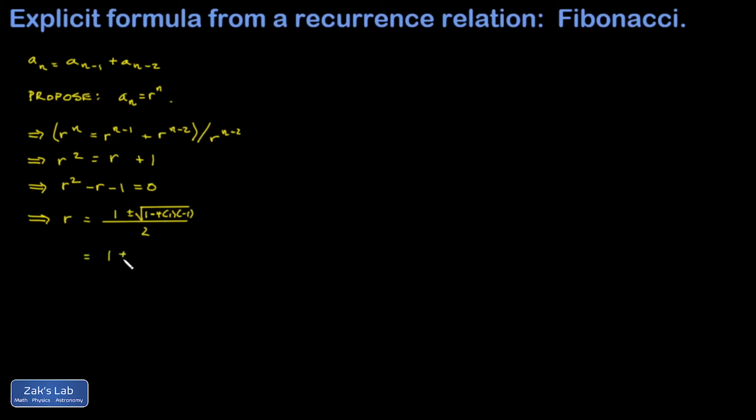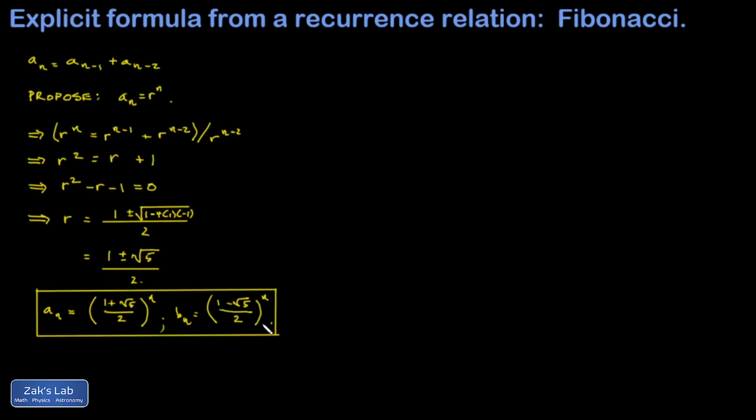And I end up with something that looks very familiar. Inside that square root, I have 1 plus 4, that's 5. So I have 1 plus or minus root 5, all divided by 2. In other words, there's two different values of r that would satisfy this recurrence relation. And that gives us our two independent solutions of the recurrence relation. And I'll write them as a_n equals (1 plus root 5 over 2) to the n, and b_n is (1 minus root 5 over 2)